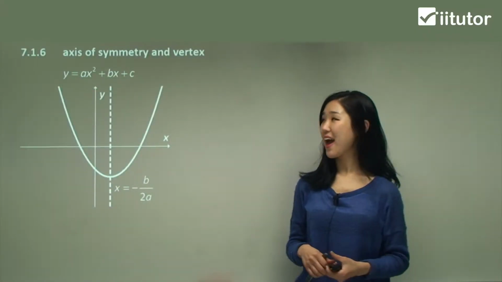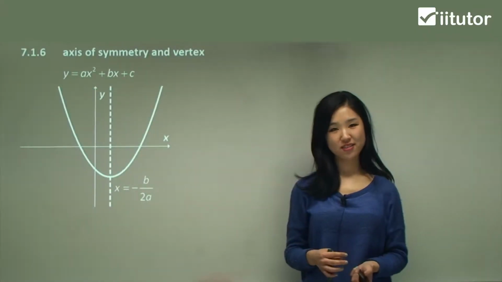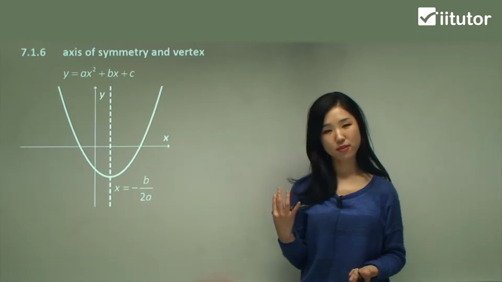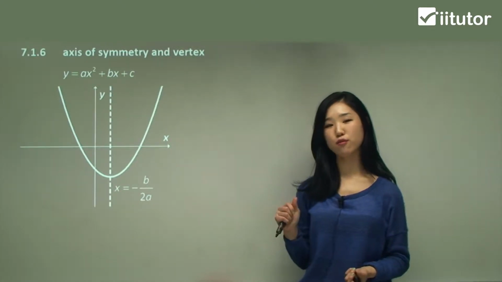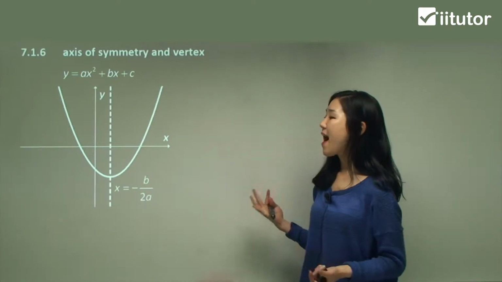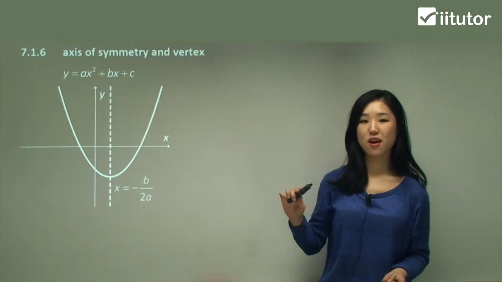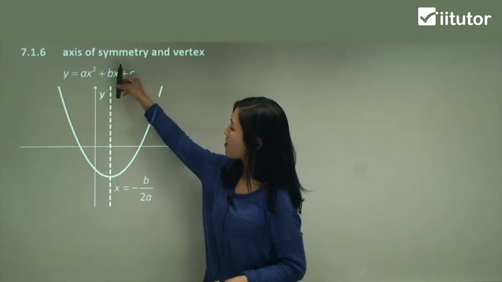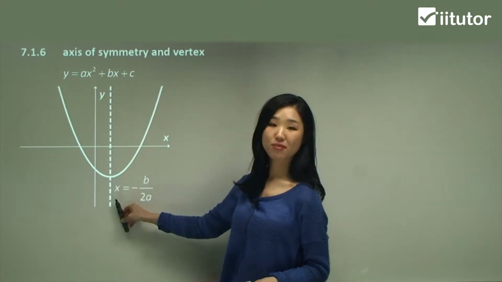Now we're going to be looking at axis of symmetry and the vertex. So again, we're going to be talking about the vertex, but I'm going to give you a new formula of how to find the axis of symmetry. Now, axis of symmetry, I'll show you on the diagram, is, in this case, this line here, which acts like